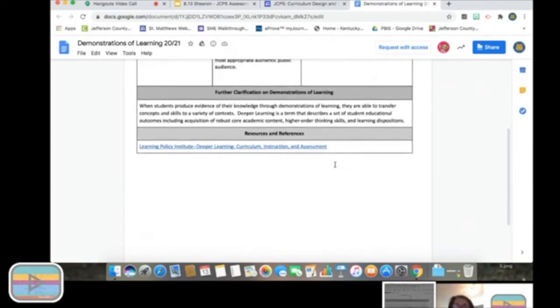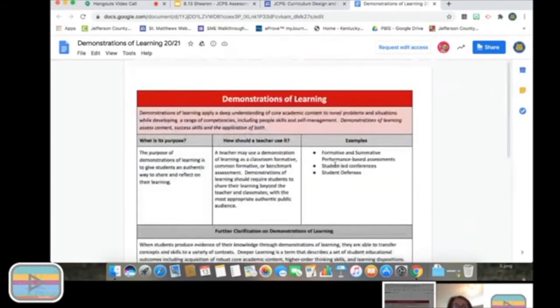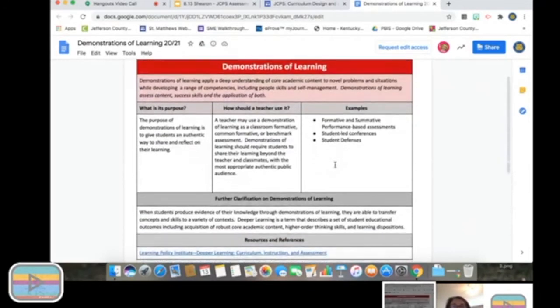Melissa, if you could just stay on that page and scroll up for just a moment. Sure. I just want to go back to compliment your team on the way that the assessment landscape is designed, because I think it's going to be so important for all of us as reminders, not only the different types of assessments, but how you all have set it up with its purpose, how a teacher should use it, and examples. Especially for new teachers, this is just great for really understanding how it's used. And so I just encourage all teachers and principals who are out there to take a look at this with your teachers. And it is also one of the essential 5.